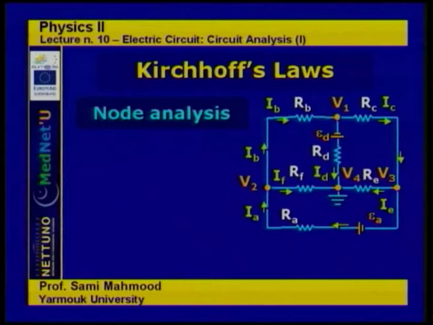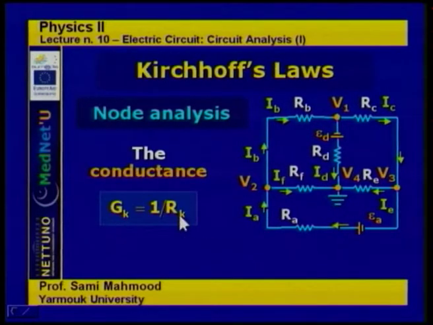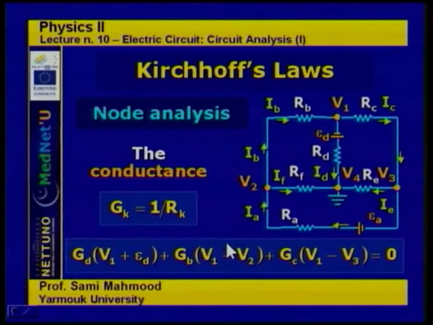So let's go back to this example that we have considered before. We can set 1 over R as G, the conductance. It's just another way of writing the resistance. Instead of dealing with the resistance, we can deal with the conductance. The relation is G is equal to 1 over R for any of the resistors. So this is just to simplify the writing. So in this case, let's consider junction number 1. We assume that currents are leaving junction number 1. So we have